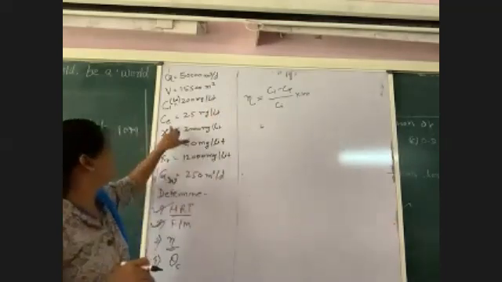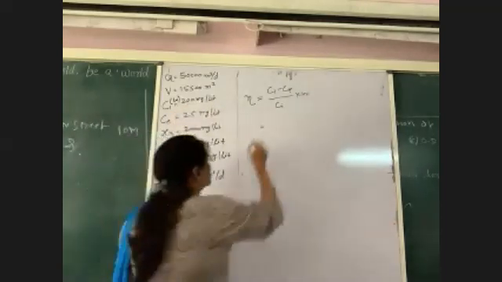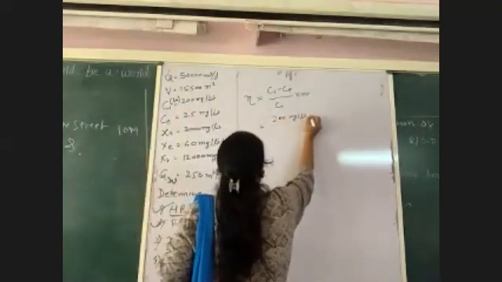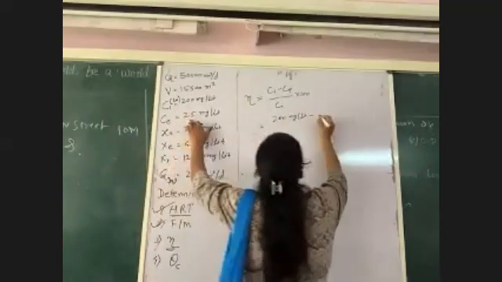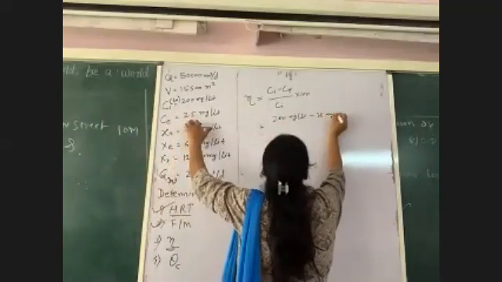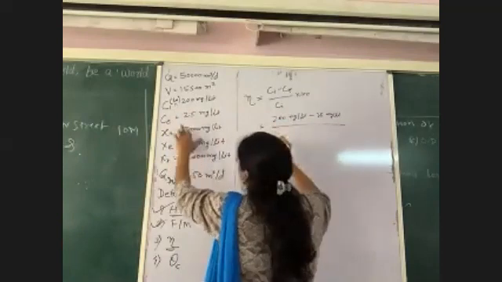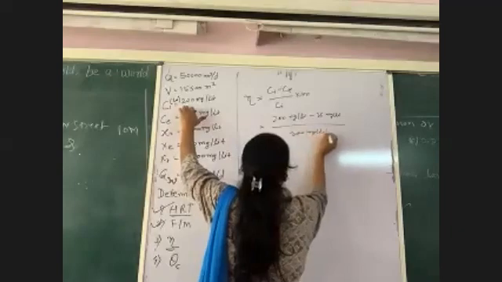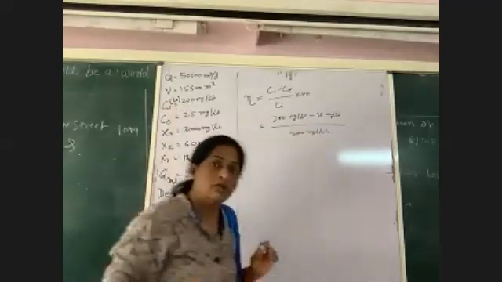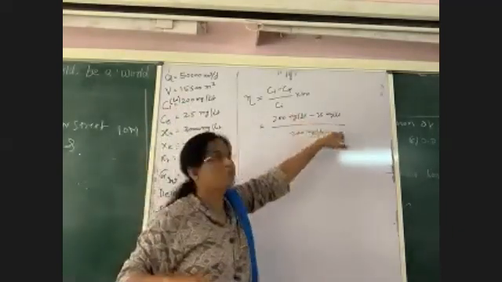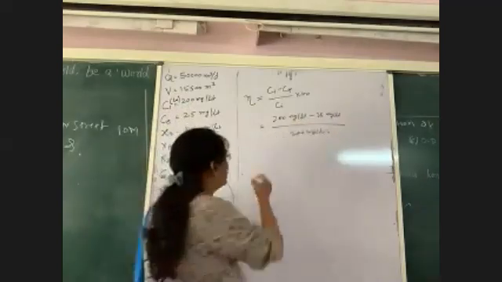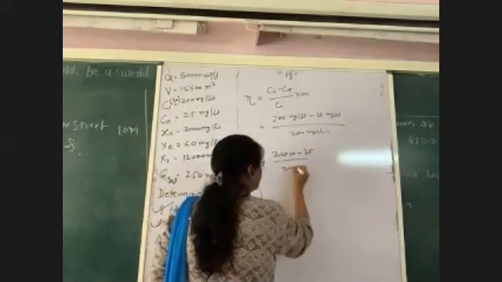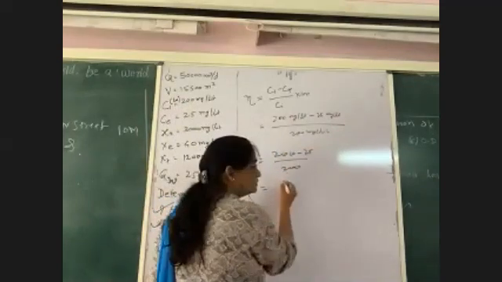So when it is entered, it was 200 milligram per liter minus 25 milligram per liter upon CI is the 200 milligram per liter. So here is no conversion of units, so there is no need to write the units. Okay, simply you can write down 200 minus 25 divided by 200 is equal to, calculate it now,